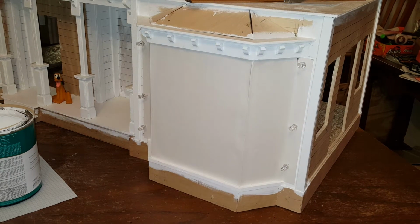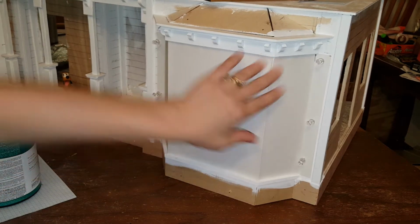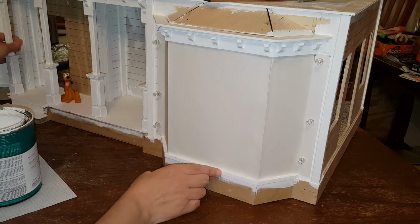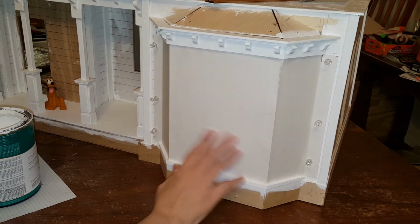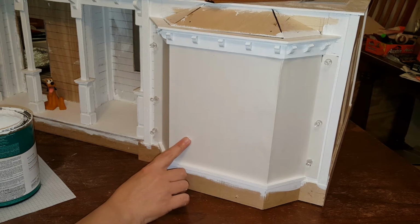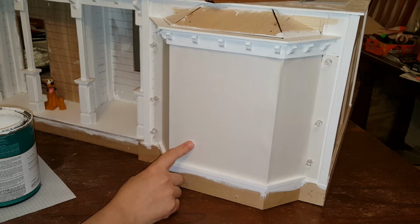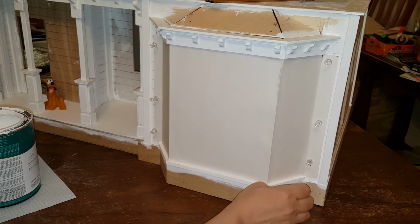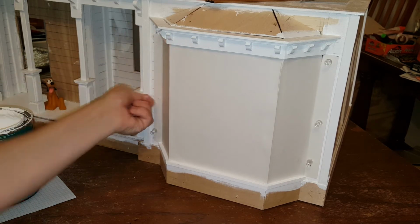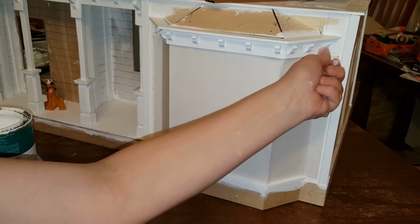Okay guys, welcome back. In the first and second tutorial, we showed you how to cover your dollhouse corners with paper. Now, this isn't regular loose leaf paper or printer paper or anything like that. It is actually like poster board kind of paper. You don't want to get the really thick stuff, but you do want to get the stuff that is kind of like cardstock. And what you're going to do is follow steps 1 and 2, and then